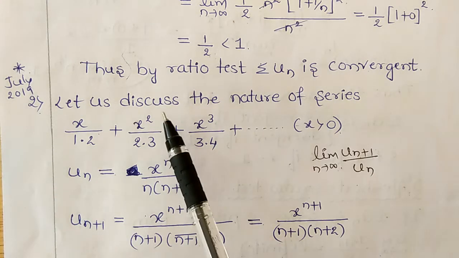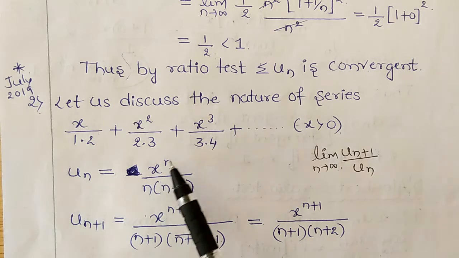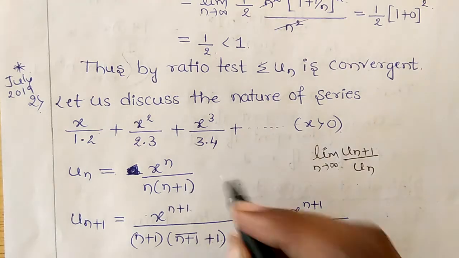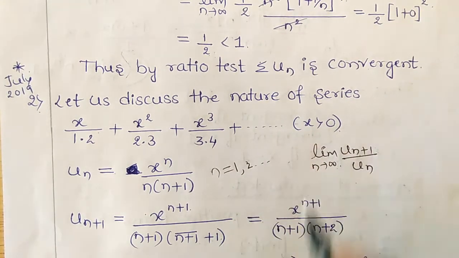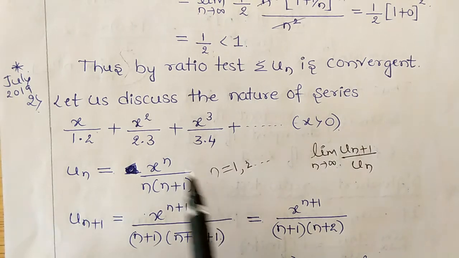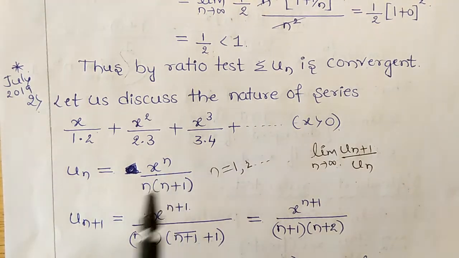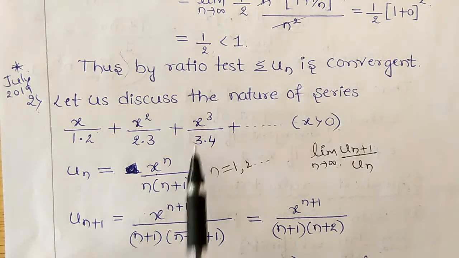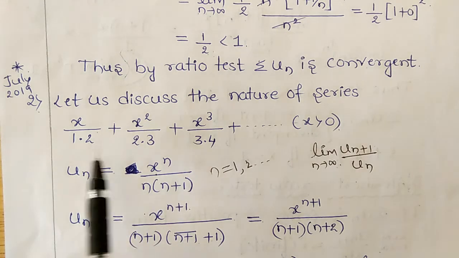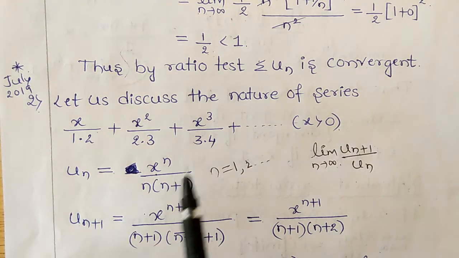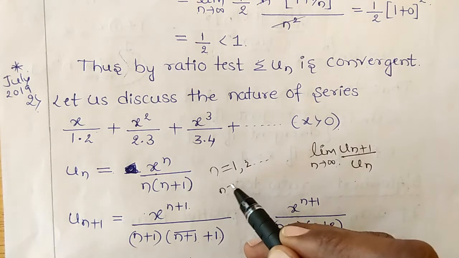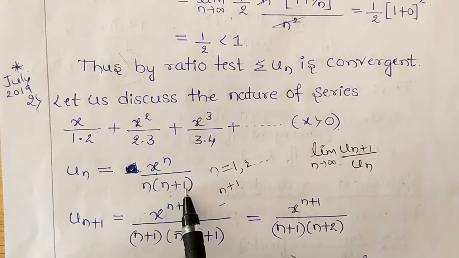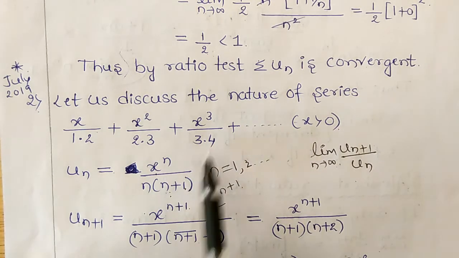Then by the given series, write the general term un is equal to x raised to n divided by n into n plus 1. Here n is from 1, 2, 3 like that. The first sequence is 1, 2, 3, so you have to write n. The second sequence is 2, 3, 4, which starts from 2, meaning it is the n plus 1 term. So for n plus 1, put n equal to 1: 1 plus 1 is 2, second term 2 plus 1 is 3, 3 plus 1 is 4, like that.